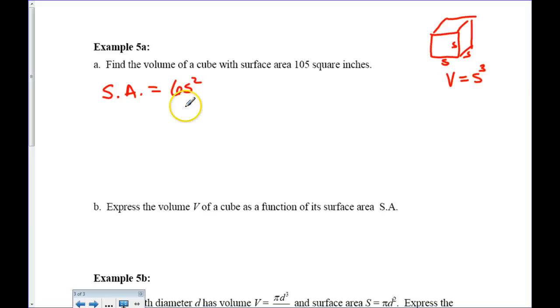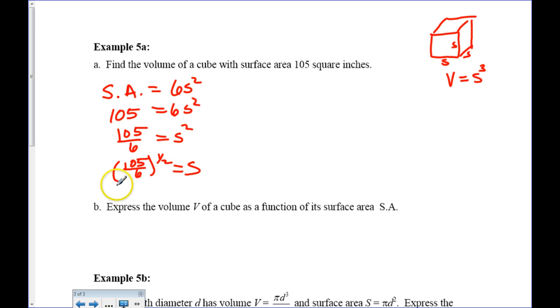Okay. So first of all, I know that the total surface area is 105, so I'm going to put in 105 for my surface area. And then I need to get S squared by itself. So that's going to be 105 over 6. So you would take the 6 out first, not the square? Right. Do the simple one. Yep. So now I need to get S by itself. Square root of that. So I'm just basically going to say 105 over 6 to the 1/2 power. Yep,